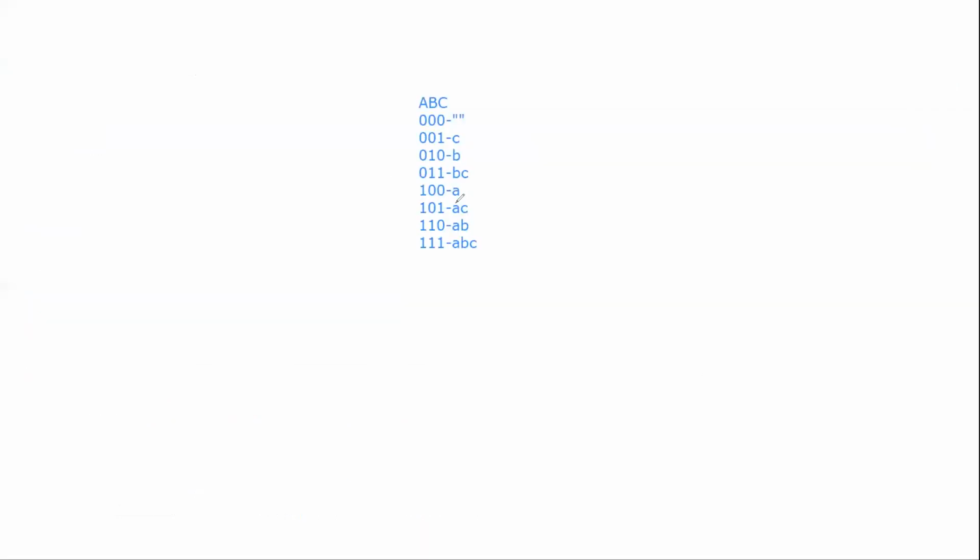So let us take a look at this. In this bit mask we have only one 1, so we will not consider this. But in this bit mask we have 2 ones, so we are considering this bit mask. And in this bit mask we have only one 1, so we are not considering it. And in this bit mask we have two ones, and we are considering this.